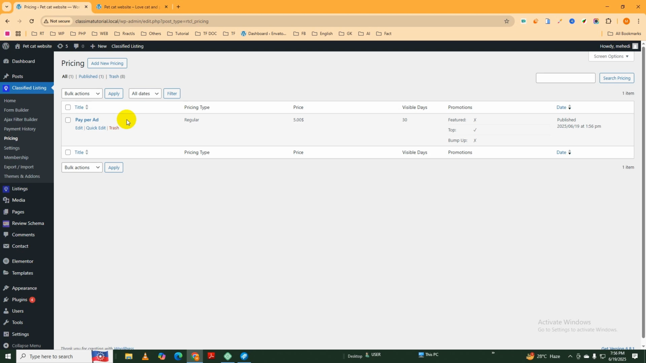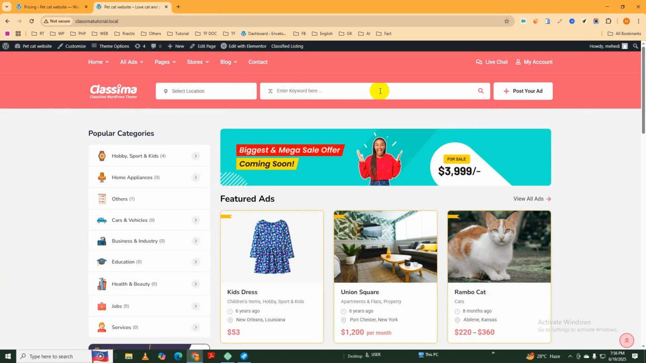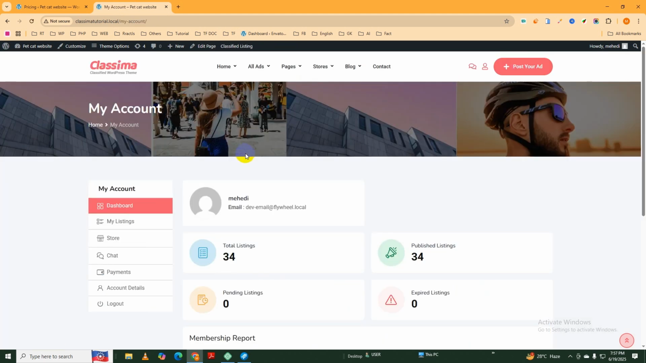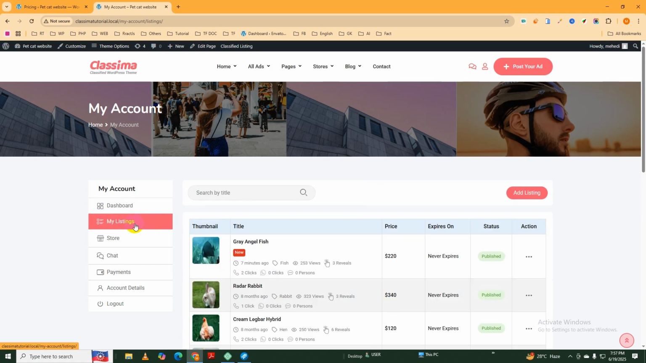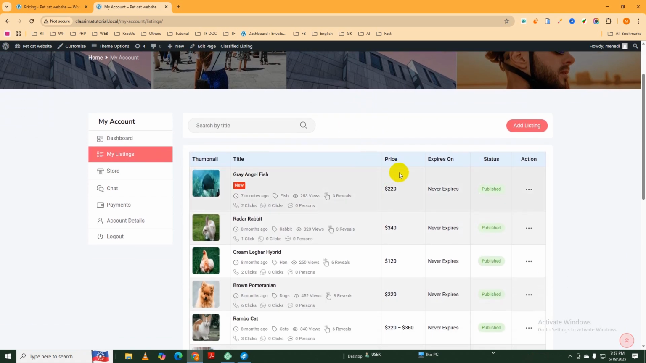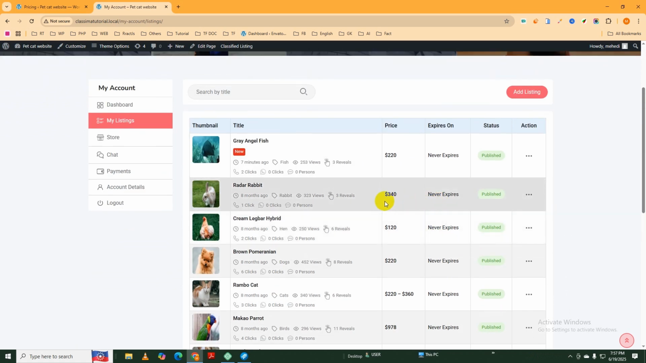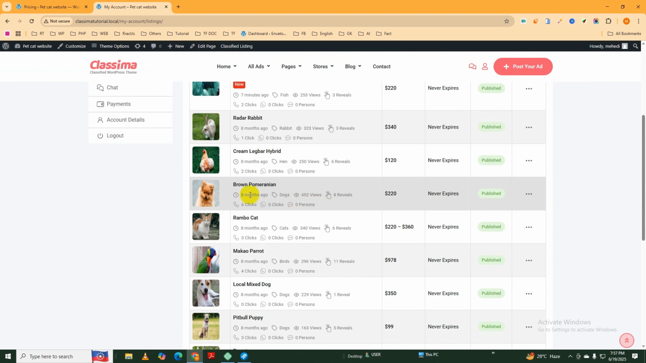Now let's check how does it work from the front end or user. So visit the website and go to the my account page, click on this user icon. This is the my account page. Like I am a user. If you think I am a user, so how I will use this paper ad. So go to the my listing. If you go my listing, then you will see your all listing here. Okay, and I want to promote a listing, like I want to promote this listing,